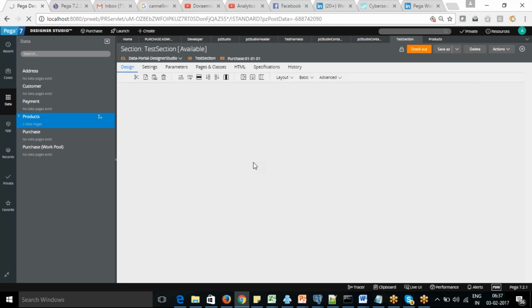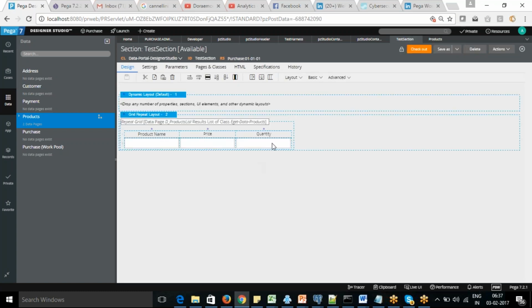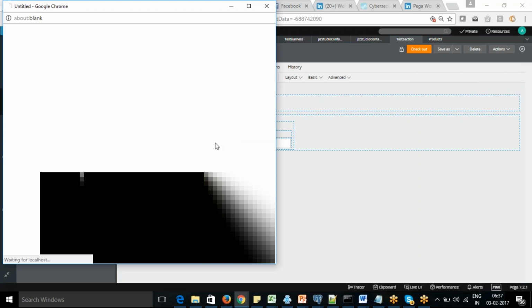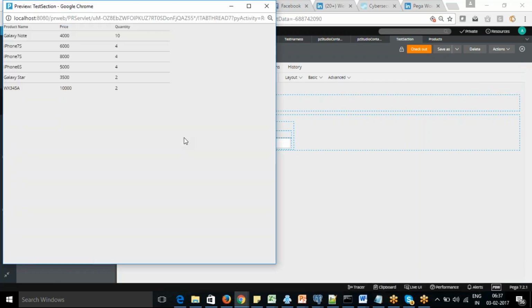Actually, on that day I think I showed you a test UI as well. So if I want to go with the preview of it, okay, this is the look and feel of that thing, the way I designed the list item, so that I can test it with that.